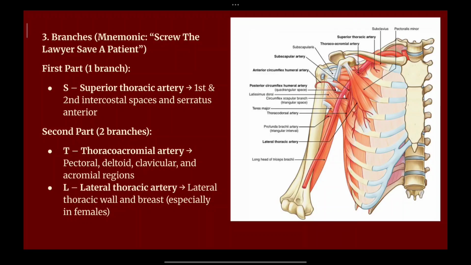Now the second branch is the T and L: the thoracoacromial artery, and the second one, L, the lateral thoracic artery. The thoracoacromial artery is going to provide blood supply to the pectoral